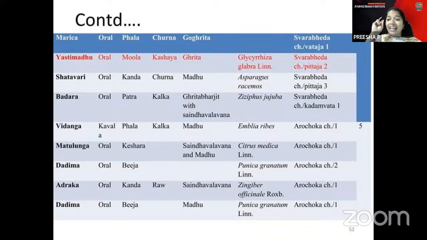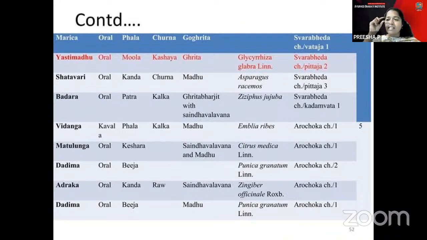One is the Yashtimadhu lehya, and the other is the Draksharadi lehya, and also the Dashamuladi rasayana. These are all specifically soothing for the throat, especially for people who talk more, or who tend to sing or use their throat much. Here you also have the kashaya; the Yashtimadhu kashaya can be given, and there is one Swara Ghrita, something like that.